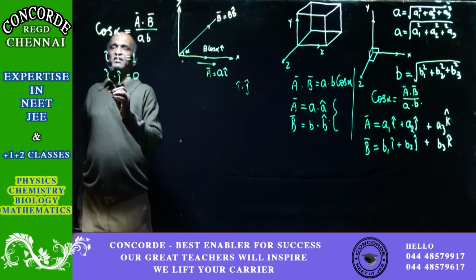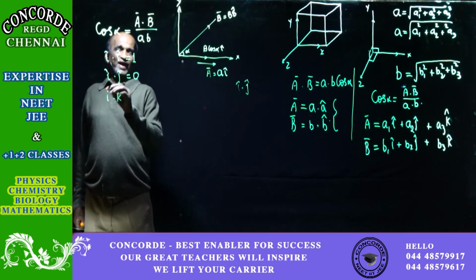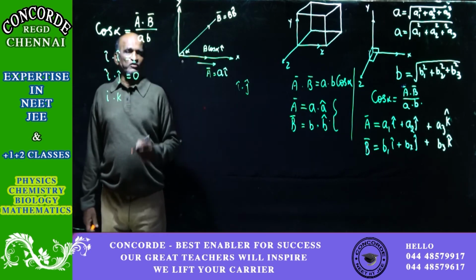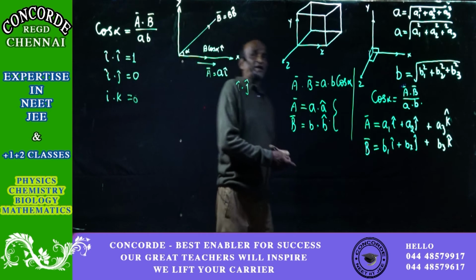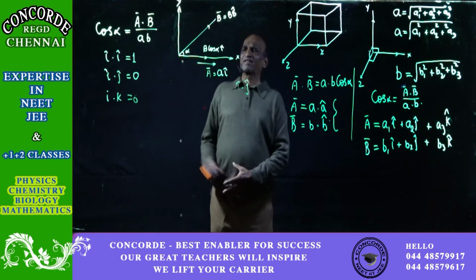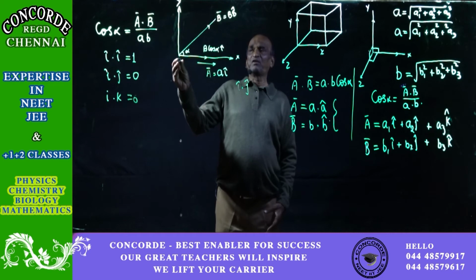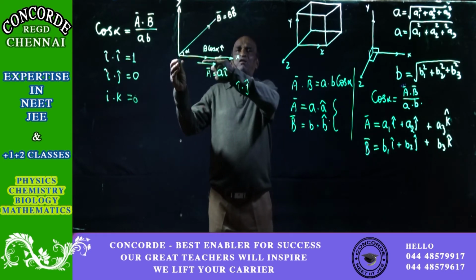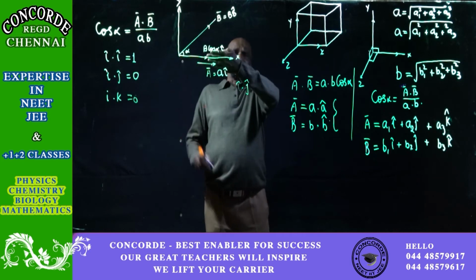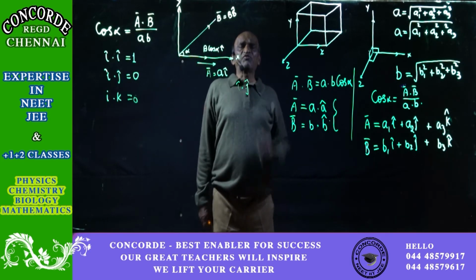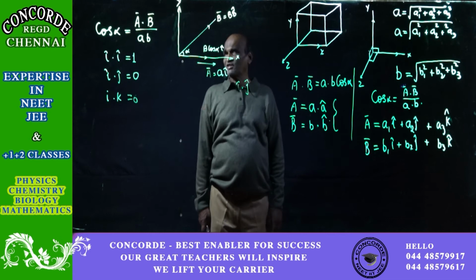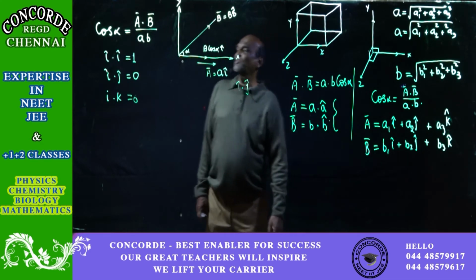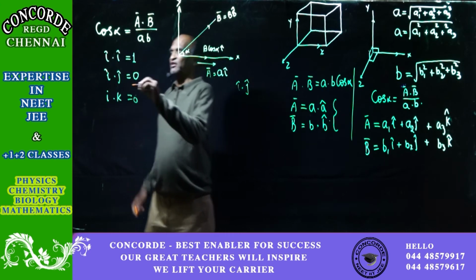Like that, the next one we have got I dot k. Show the cap, or when we are used to it, we need not show it also. And that is also equal to 0 because even here the angle between the two directions is 90 degrees. This is the z direction. You can see that now. So here I and k, they are 90 degrees. So when you take the cos of the angle, there you will get cos 90, which is again equal to 0. So I dot k will also be equal to 0.